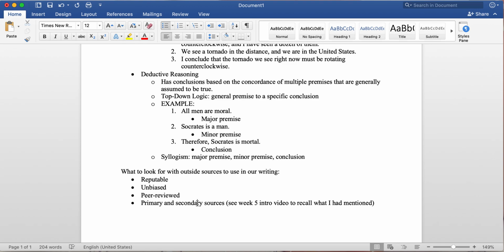So basically, what is a reputable, unbiased, and peer-reviewed source? Like I said in my week 5 intro, this is from someone who has a master's degree or above. The reason is that we are professionals in the field, masters of our field, and we have studied enough to know what's fact and what isn't. It's hard to take, say, a blog source seriously, especially because there are a lot of assumptions made and no real facts to back up their statements. This is why, in the academic field, you're pushed to look for reputable, unbiased, and peer-reviewed sources.